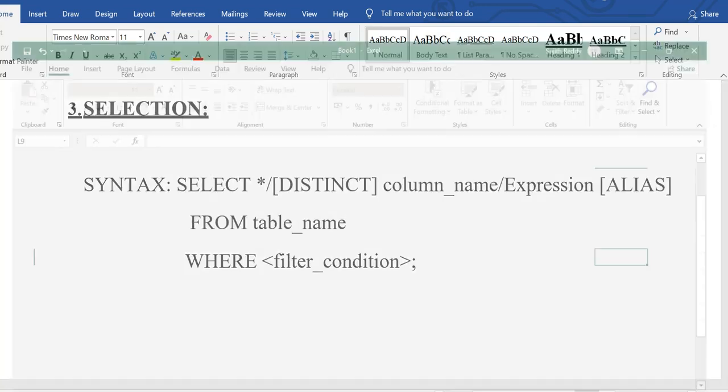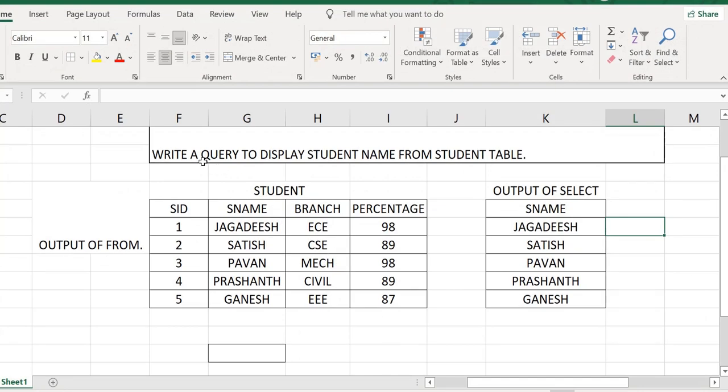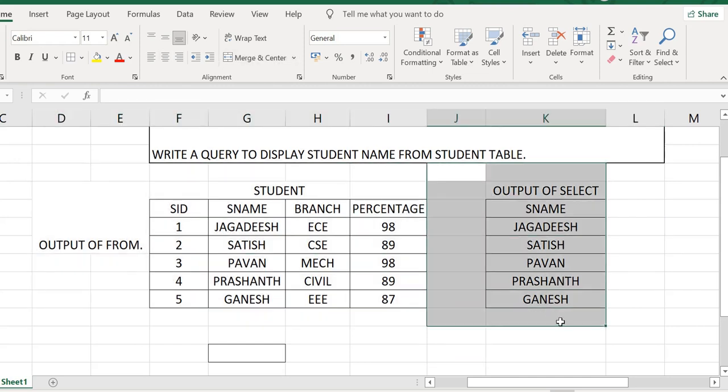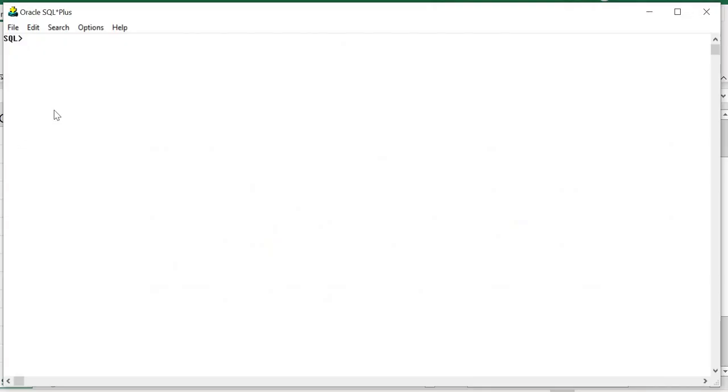Let us discuss a small example. Write a query to display student name from the student table. I have a student table here, and this is the output I need. So how do I write the query?